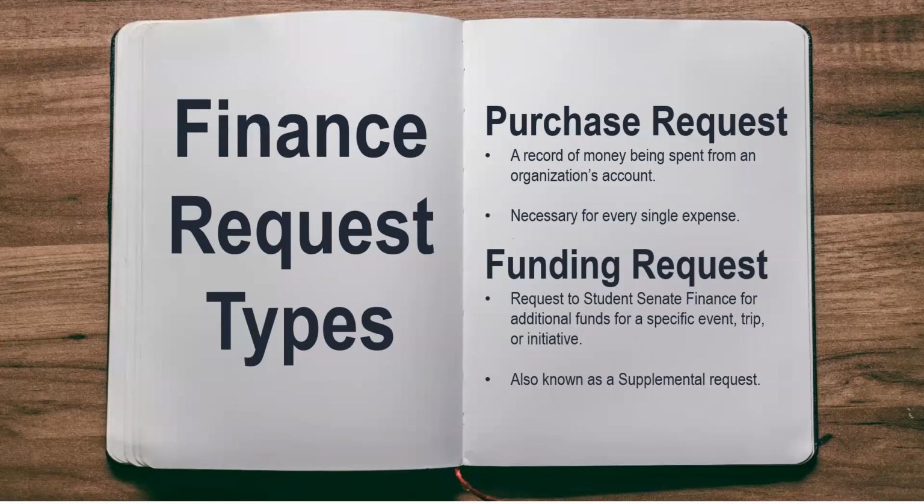We talked earlier about the trip that you might go on where you're going to rent a van and you're going to buy tickets to that show and you're going to buy lunch. You're going to need 3 different purchase requests for that. One for the van, one for the tickets, one for lunch. All right? If you're doing a Halloween party, you might need one for candy, one for decorations, one for the band, one to play the spooky movie,